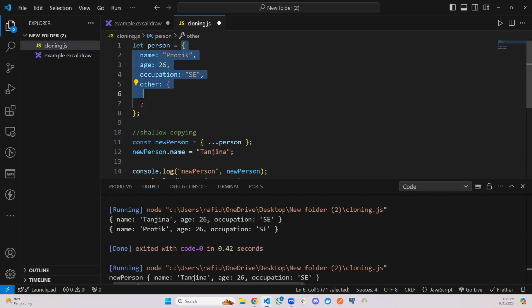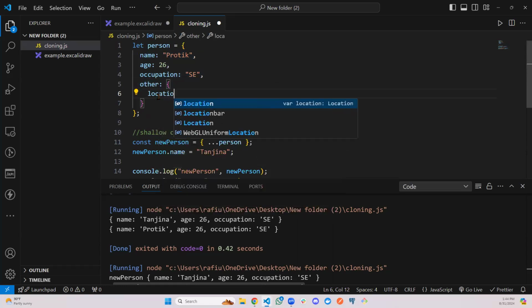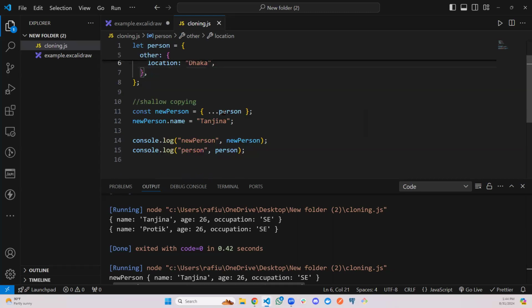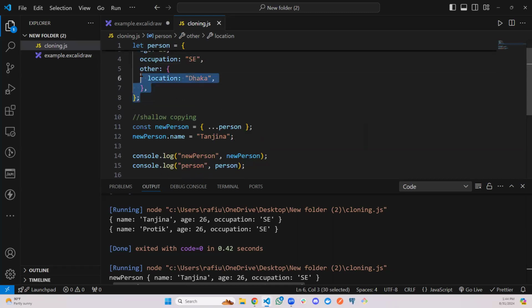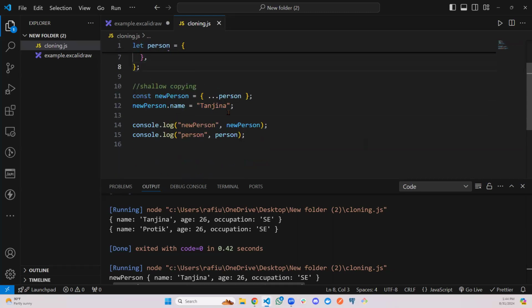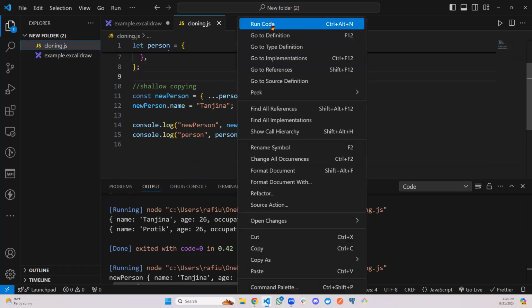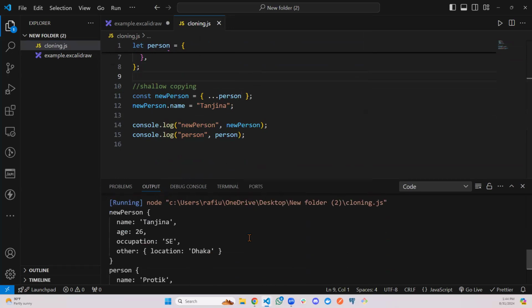Inside the object you have another object. Here, let's say location, let's say Dhaka. Save it. Now if you just run it,